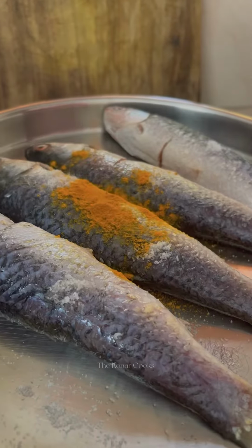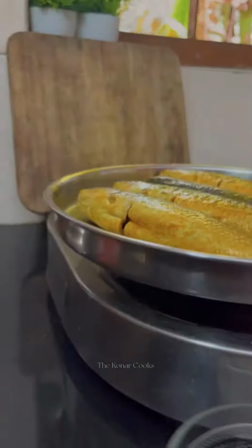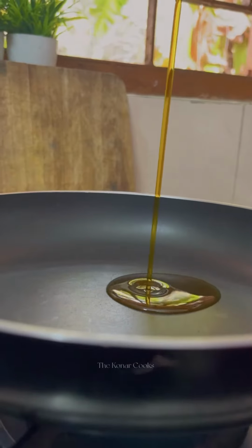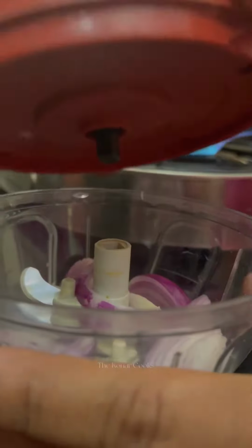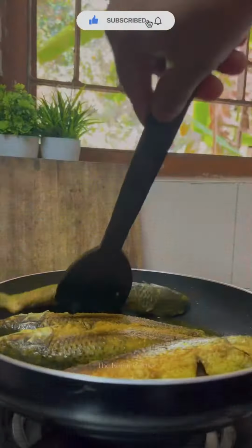And for today's recipe, we have Charapona Macher Jhal, or loosely translated, palm-sized rohu fish cooked in mustard gravy. Fish, like any other Bengali household, was a common sight in our house. But it didn't really excite me unless it was a special fish or unique fish. My father would go to the city's ends to find a variety of fishes for me to enjoy, one of